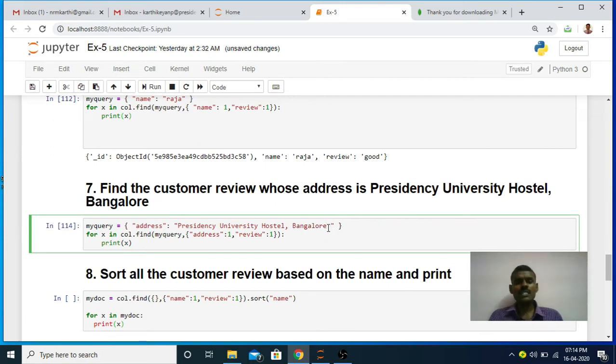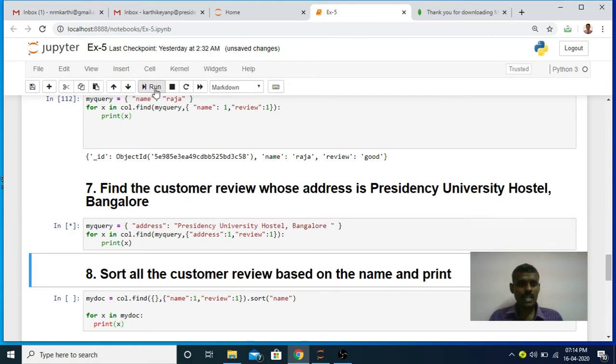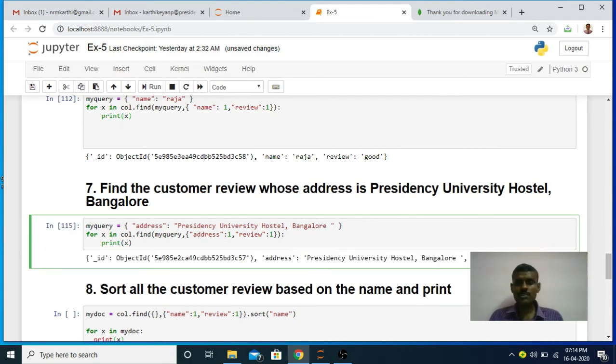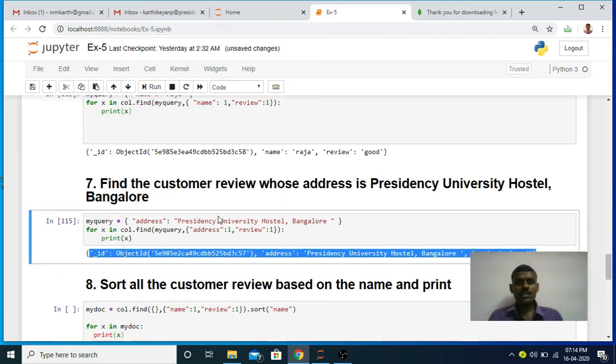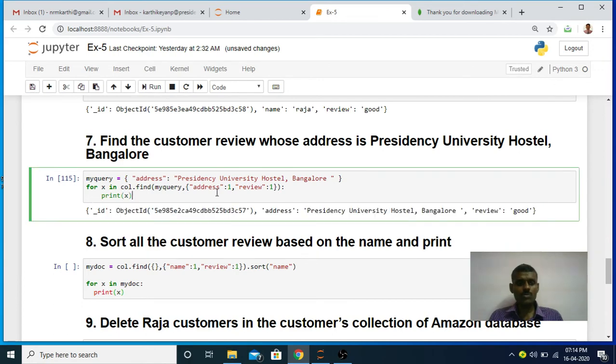When I entered the input, I gave some extra space here. That is why now in the query also you need to give that extra space. Otherwise your code will not work. That is why now I gave this extra space. I am trying to run. When I gave this extra space, I am getting the output. You see, now I got the output.